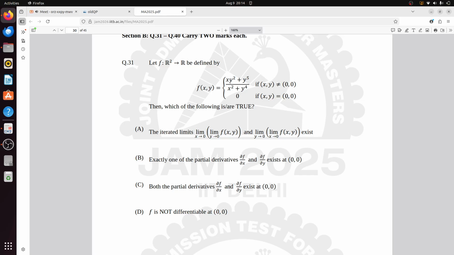Sir, could you repeat once again? You will get it as f of hk minus f00 minus alpha h minus beta k. Now your alpha is 0 and your beta is 1, because alpha and beta are just the partial derivatives of f. So ultimately you get the limit as hk tends to 0, 0 of f of hk minus k divided by the square root of h square plus k square. Now your f of hk you will get from here. Now you just need to do a simplification. Do the simplification and tell me.